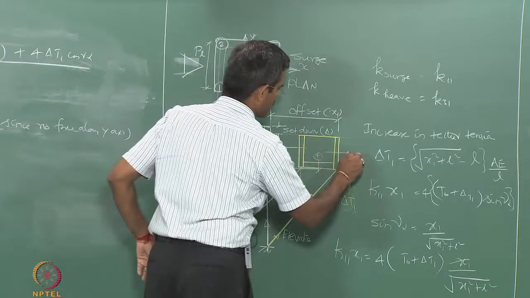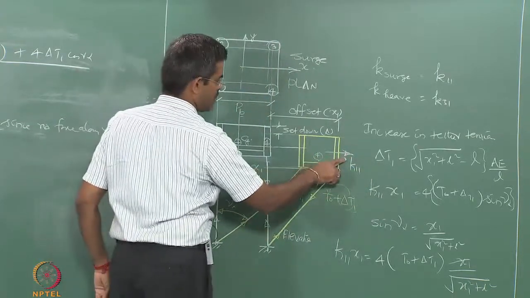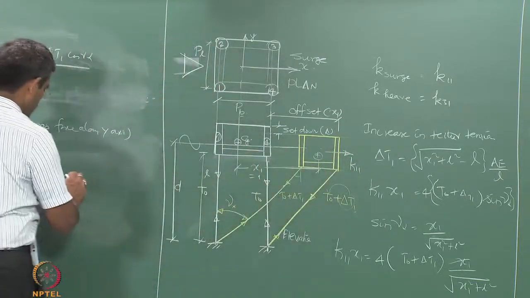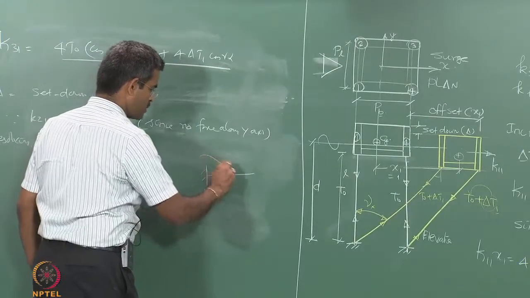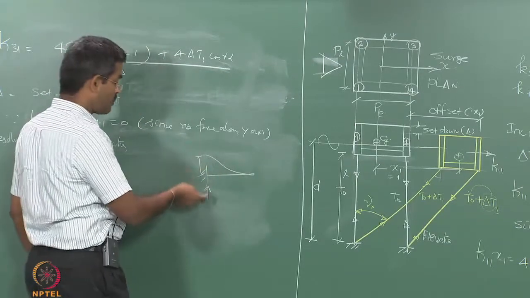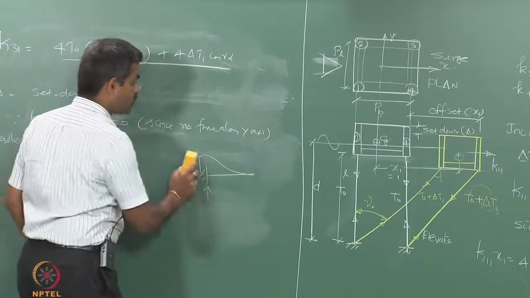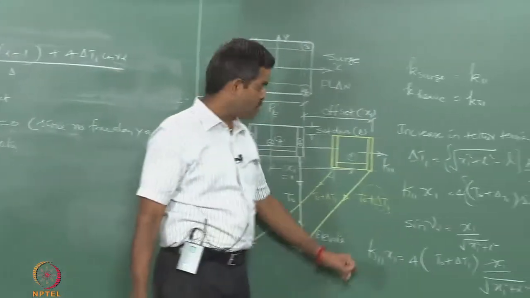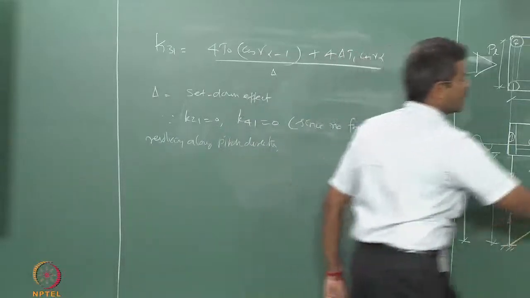So K11 is going to act this way. One can ask me a question, I have marked the direction. Force is always happening in the direction of the displacement in the positive axis. For example, take a beam, you give a displacement this way, so the force is always in the same direction as the displacement. You cannot always have a force opposite to displacement, at least in the first value. And we also know that K11 being the diagonally dominant member in the matrix, it has to be positive. It cannot be negative. So K11 is marked this way.